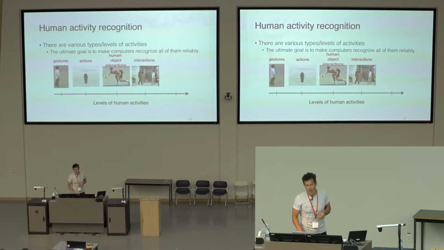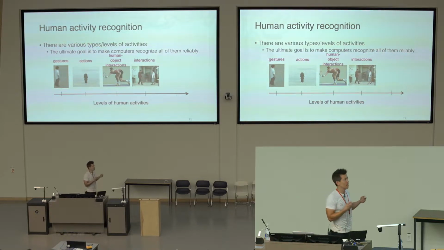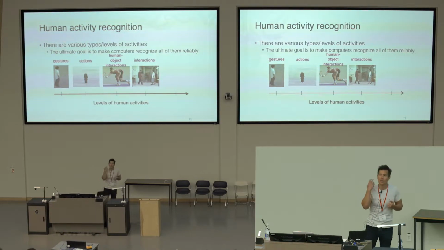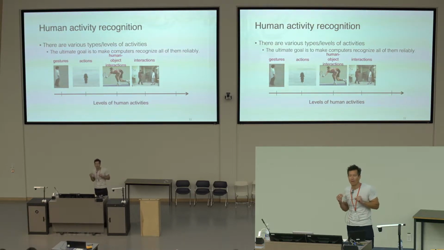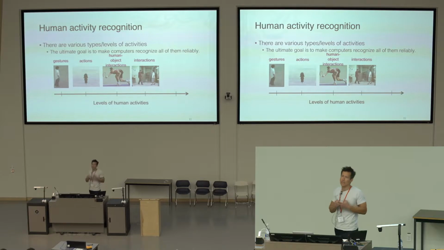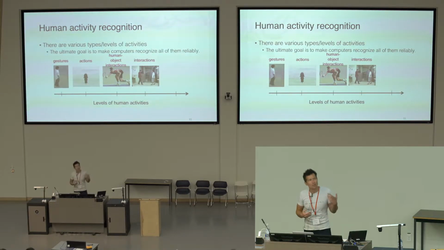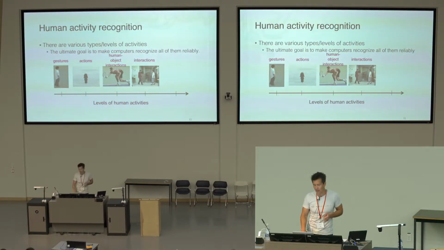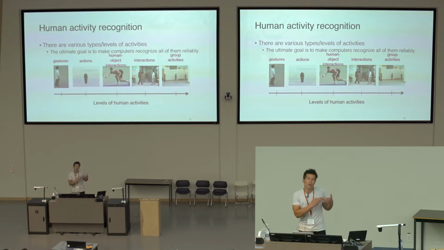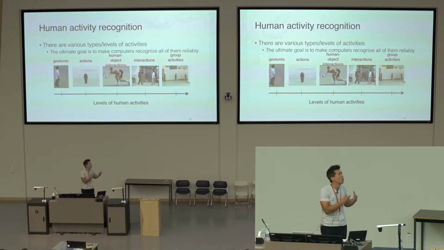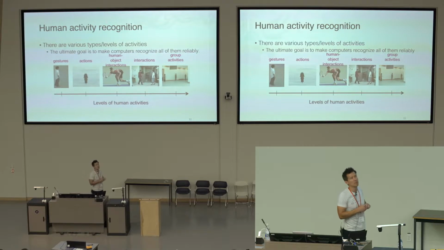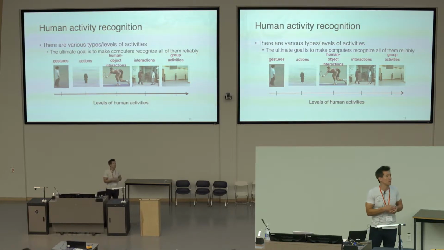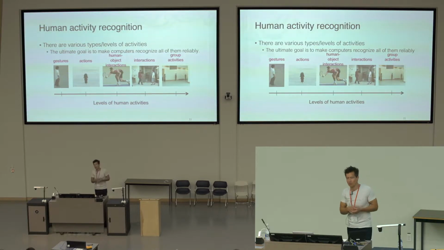Okay. And so there also are some situations where you're interacting with multiple people. So it's not just understanding actions of an individual, but it could be interactions between a pair of people. Like, are these two people going to have a conversation? Are they going to shake hands? What's the likely thing that's happening in this type of scene? And then a little bit further along, we go to what we call group activities, where it's not just a pair of people interacting, but maybe it's a big crowd, maybe it's a team sports type of event, maybe there are things that are happening at the scale of multiple people.